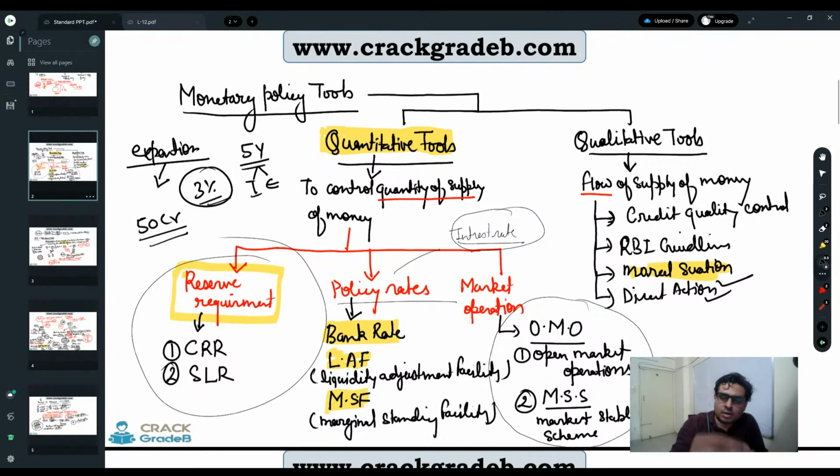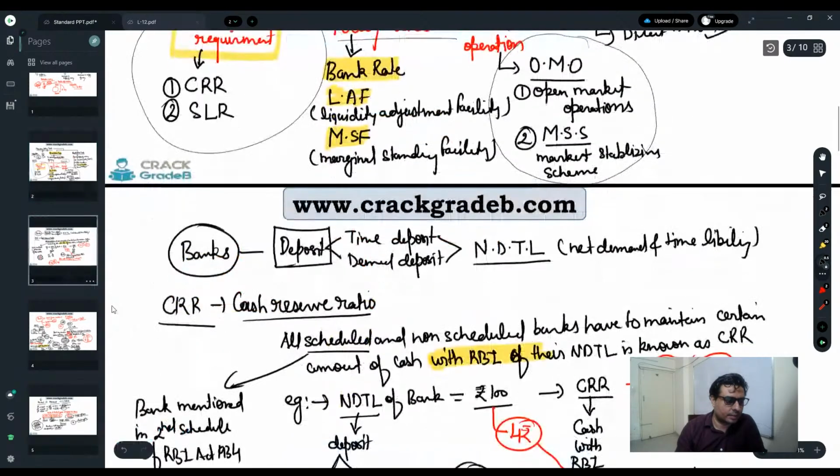Then I will come to the long-term interest rate, short-term interest rate, very short-term interest rate, bank rate, LAF, and MSF. But that needs a continuous 1 hour of discussion, and it is going to be a very intense discussion. So I request all of you to read some basic things about interest rates, or even what the RBI bank rate or LAF is, before this lecture. It is definitely going to help you, right? So today, first I'll explain OMO and MSS. In the next class, I will discuss the policy rates under interest rate.